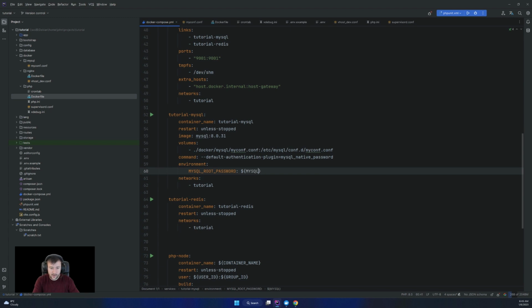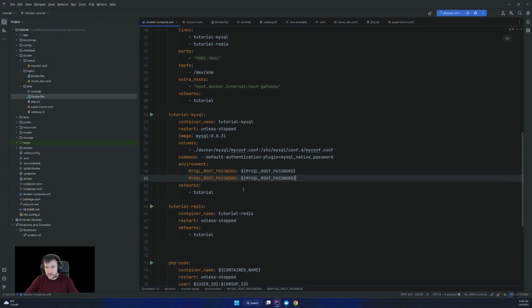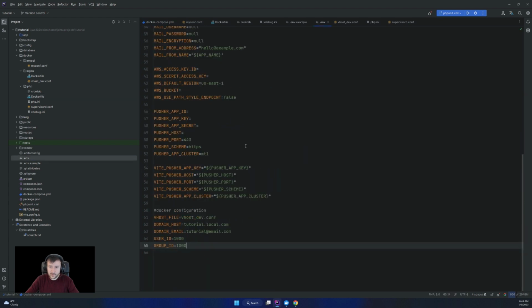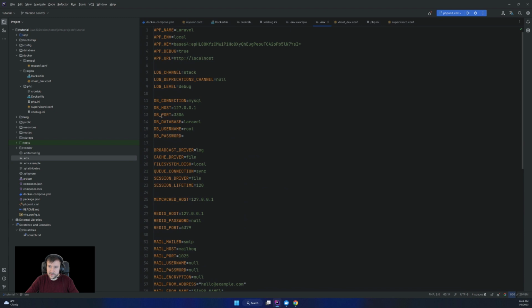So I want to set it in env. That will be a new variable in the env file. Then we're gonna have a user, which will be the env variable from the actual Laravel. So if we go in here, it's actually DB username and DB password.